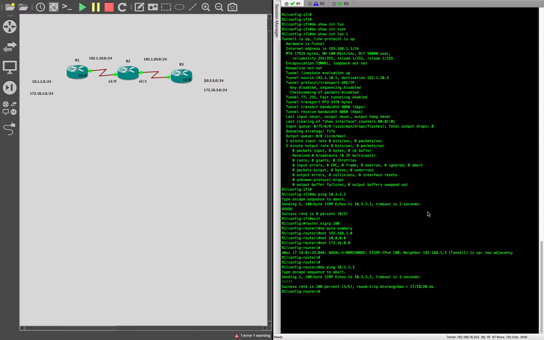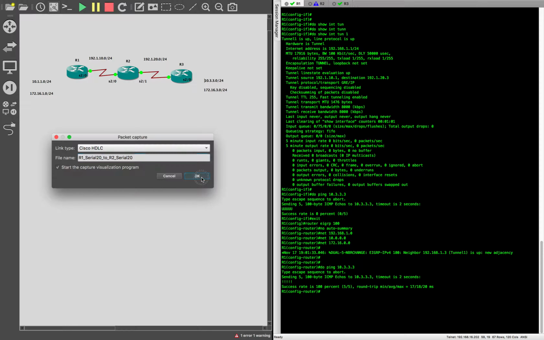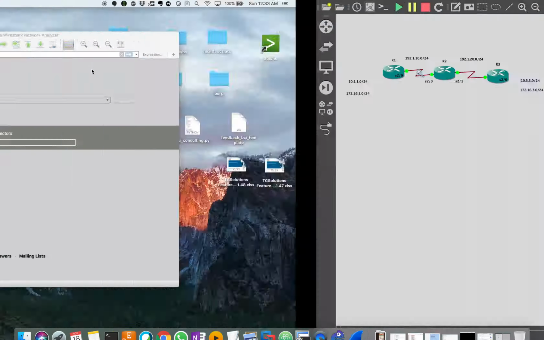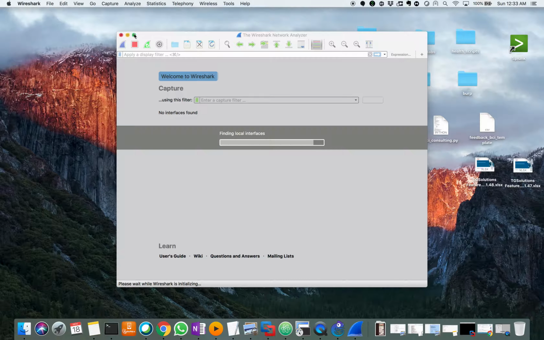Now to understand a very interesting concept, what we are going to do is a little bit of packet capture. So yeah, GNS3, I think it does come with Wireshark. So let me try to do that. Let me see if I can. Yeah, so there is something called packet capture. Let me try this. I think this should, yeah, there you go. The Wireshark opens up,